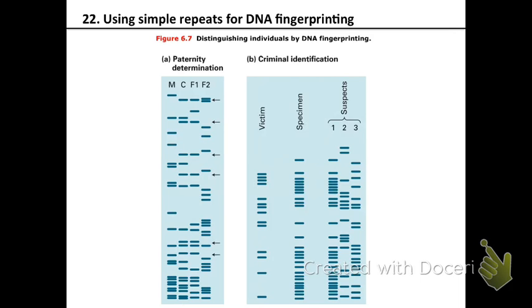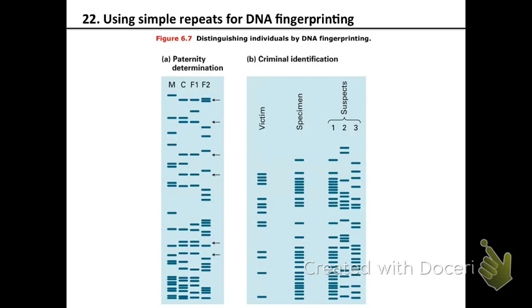Okay, so if you watch any of these crime shows, you probably have seen an imaginative gel like this, and it's basically used for matching the DNA of the suspects to a specimen that's found in the crime scene, etc. Okay, you guys have learned Southern blotting lately, right? In the last lecture. So what's going on here is that they're using Southern blots to determine the copy number of a number of different repeats in the genome.